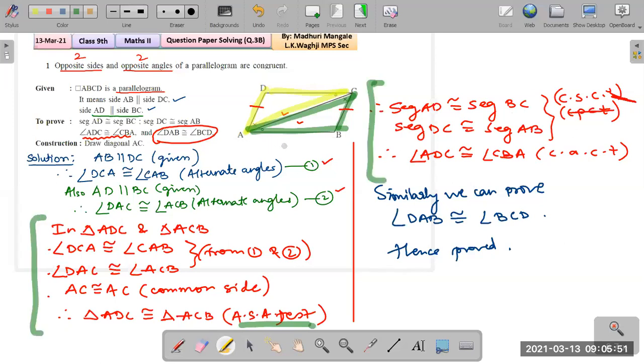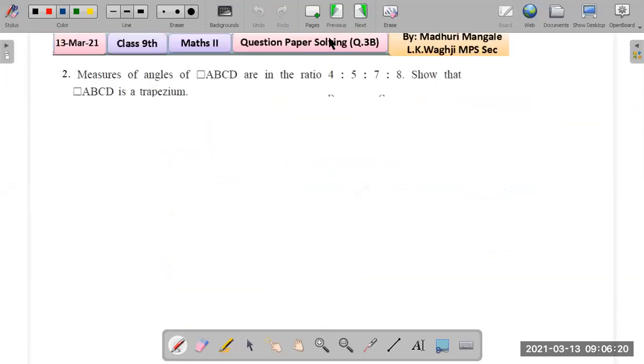proved this question. Okay, now remember students, these questions are of 3 marks. So if there are 3 marks, how many steps should there be at minimum? There should be at least 6 to 8 steps, right? So just make sure that you write out each step neatly, and also when it is geometry, you need to write a reason for each and every step. Okay, so make sure that you're writing that. Let us look at the next question.